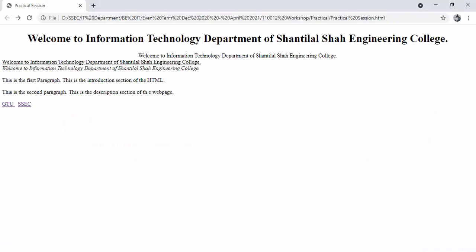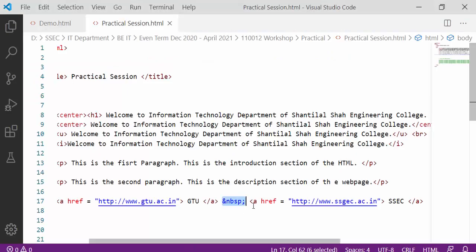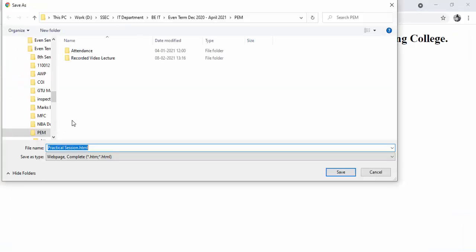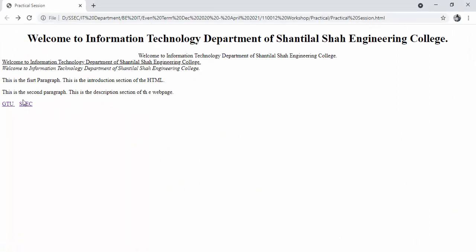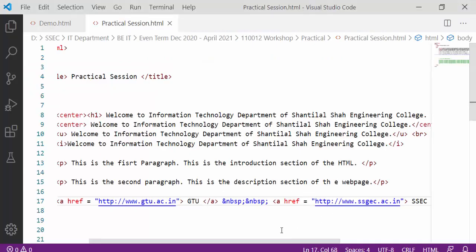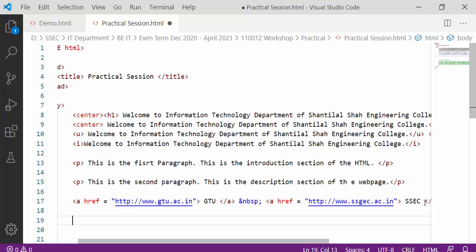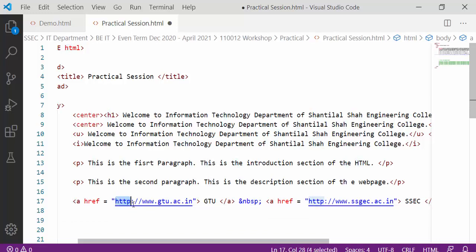So this way again, if you are writing another nbsp two times, say for example I am writing two times, so space will be more. See, space is increased between these two words. So this is another tag, that is the anchor tag. With the help of the anchor tag, you can give the link for another web page in your current web page. I have written HTTP here, because if we are not writing HTTP here,